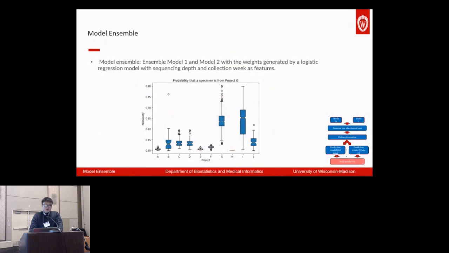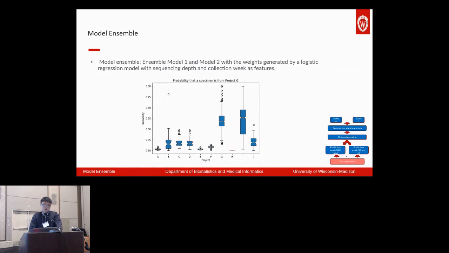The final step is how we assemble the prediction of model 1 and the prediction of model 2. For subjects from different projects, the weights for the model 1 prediction and the model 2 prediction are different.